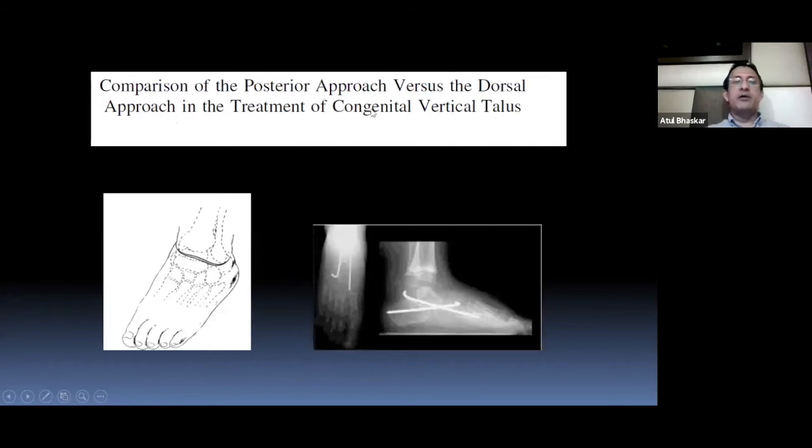This is a paper which was described from India, from PGI Chandigarh, where they use a dorsal approach. So instead of going from the back, they are using it from the front. So these children have not had any plasters. They only release all the soft tissue structures in the front, and then do a posterior TA release, and then they put a wire from the back as well as a wire from the front. So this technique can be done for the mild case of vertical talus, not for the very severe cases where you have to do a medial plication as well.